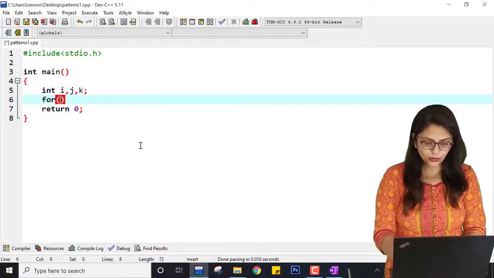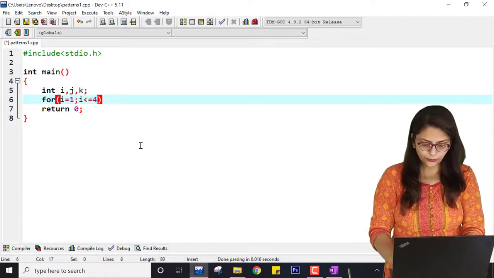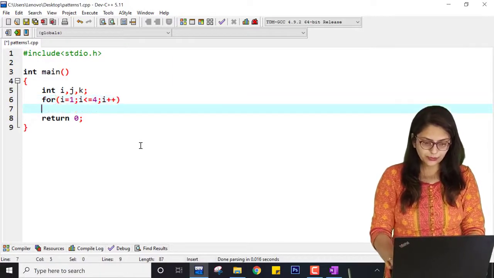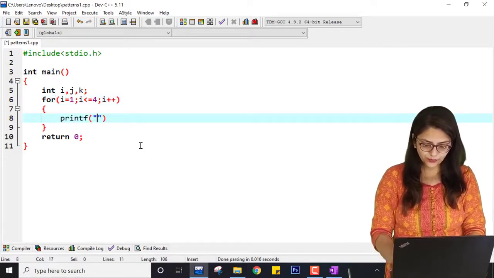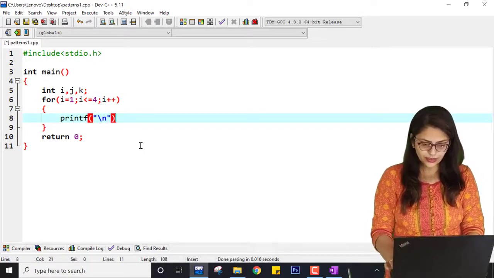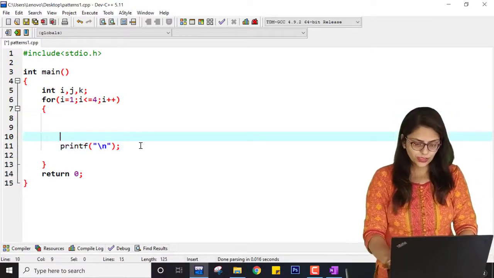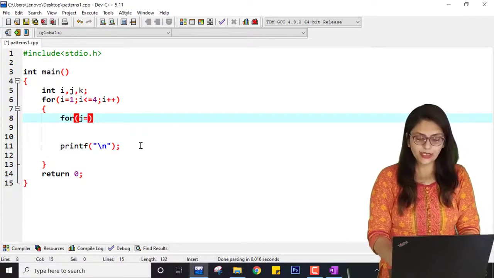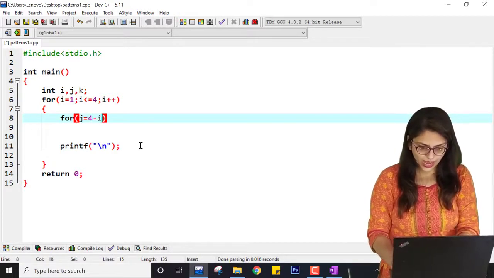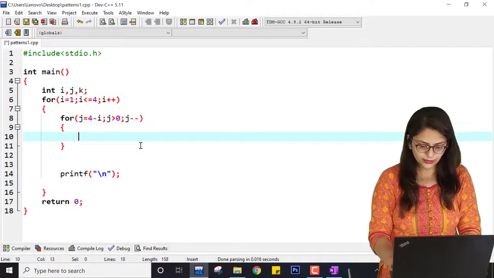Now I am starting the loop. For i equal to 1, i less than or equal to 4, i plus plus, inside this I am writing printf backslash n, and here inside this it will be printing for j starting with 4 minus i, j greater than 0, j minus minus.